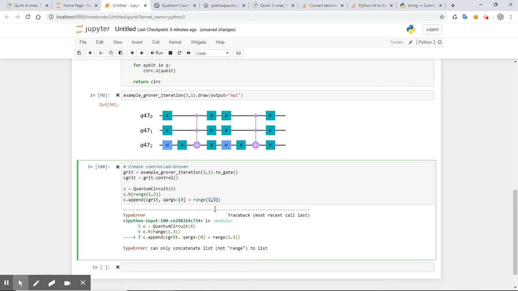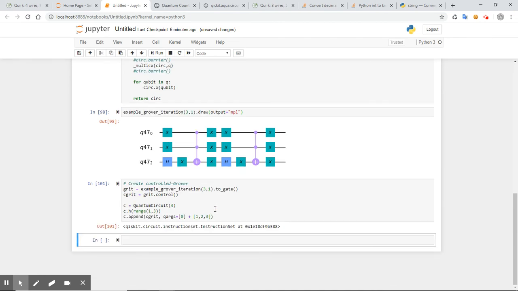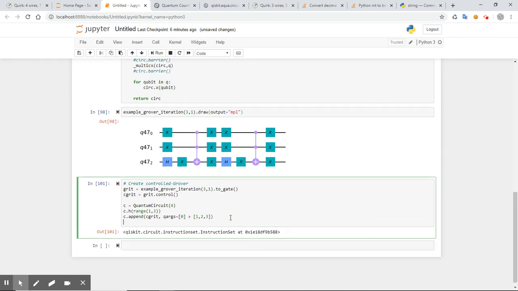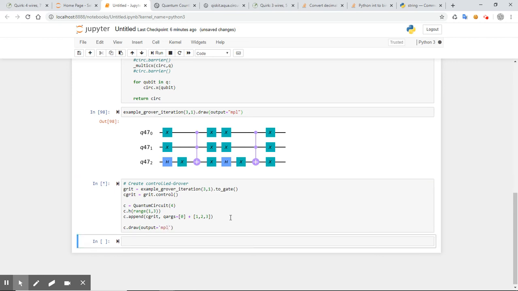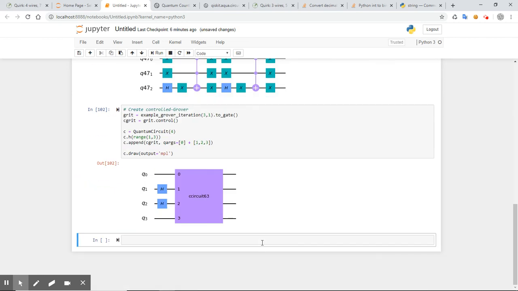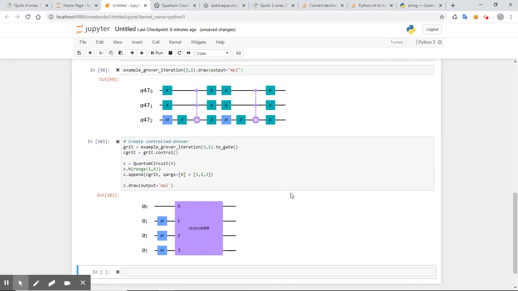So if I just do 3. Ooh. Draw output equals NPL. Okay. Range 1, 4. Okay. So in theory, that's the